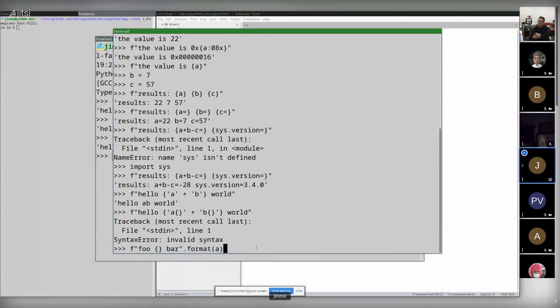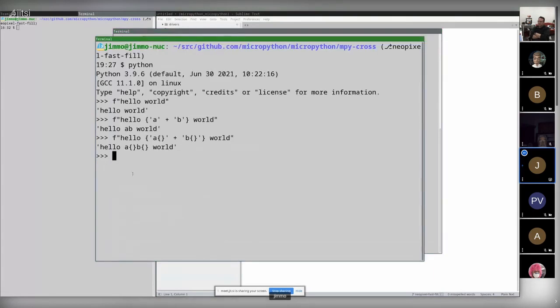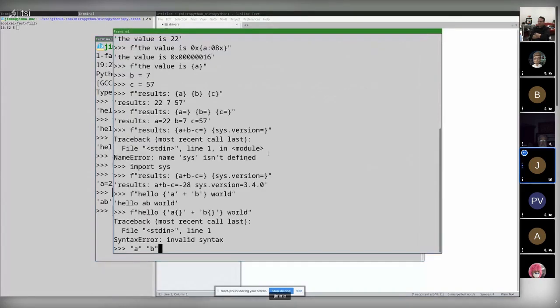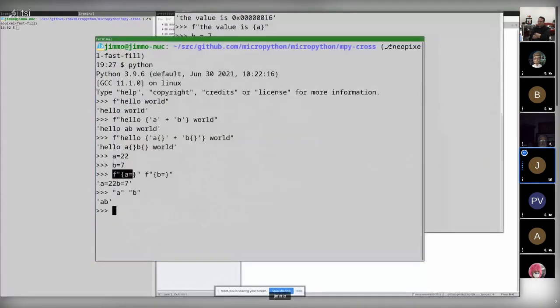So this leads to another limitation. In regular Python, I can do A equals 22 and B equals 7, and I can write f A, and then f B. This works in Python because literal strings adjacent to each other are automatically concatenated, and this is quite a useful feature. It's the same in C. That works in MicroPython, but this will not work in MicroPython